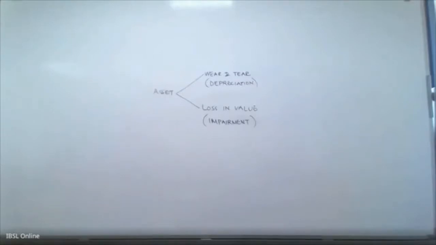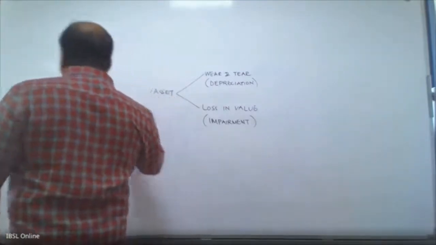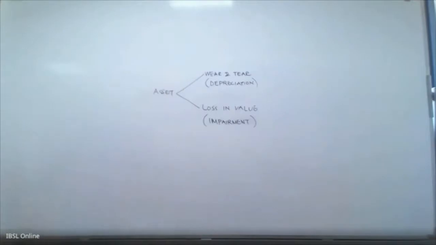Now, similarly, before the end of the financial year, if you expect there could be a loss or probability of making a loss from a particular asset, not from the business, we are not talking about the business, right? If there is a probability of incurring a loss from a particular asset, then you need to make a provision for that. And that provision is known as impairment.